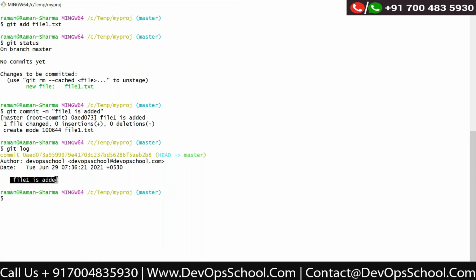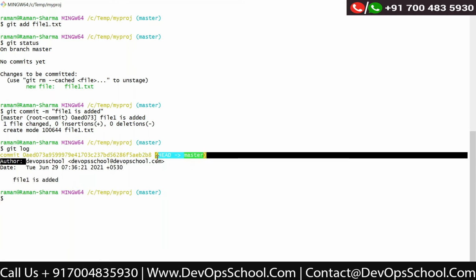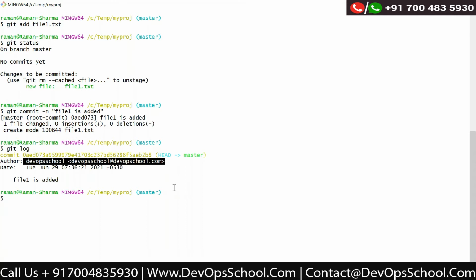So my commit is "file1 is added". Now here you can see the author is the user.name we had given, and the email address also. And this is the date and time.